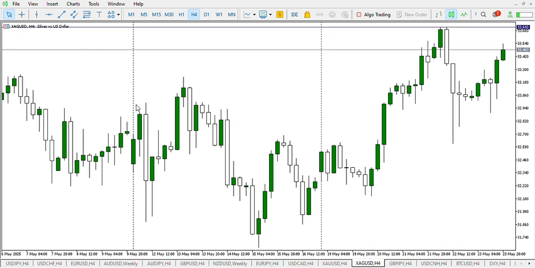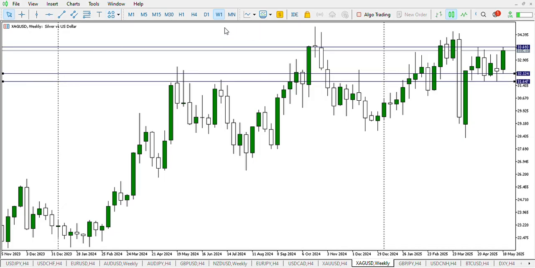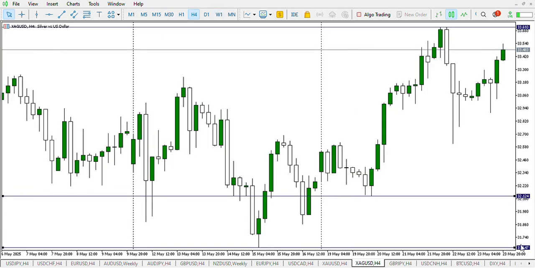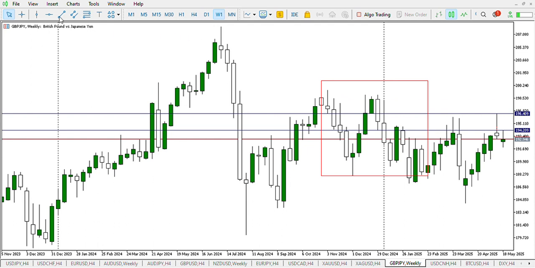So this is impressive on gold. As you can see that the value of gold is jumping up against the US dollar impulsively. You can see on silver as well, the value of silver is jumping from 31.647 to 32.124. That's also an impressive increase on the value of silver. I can see on GJ